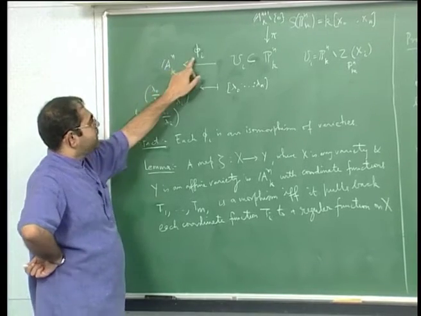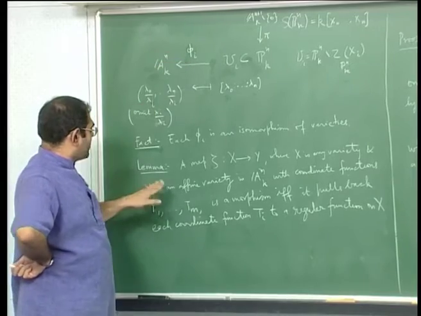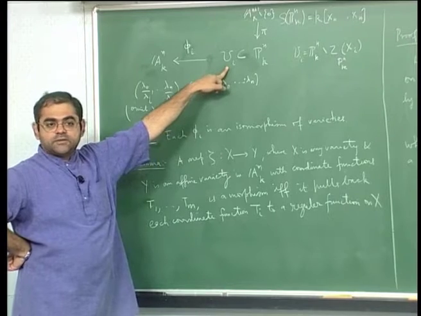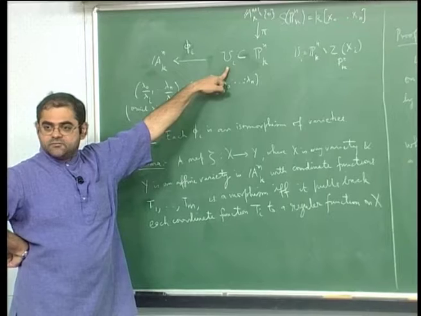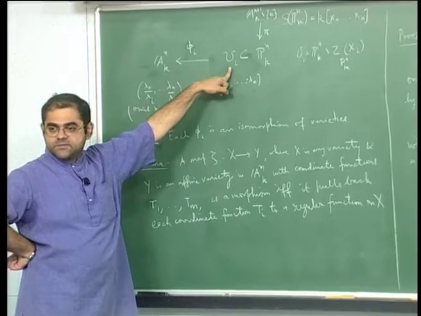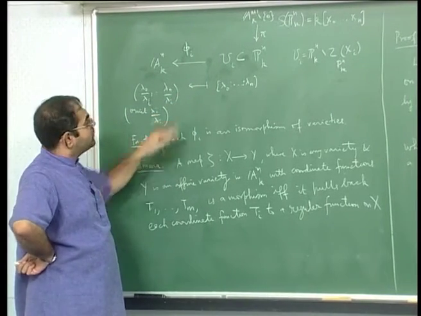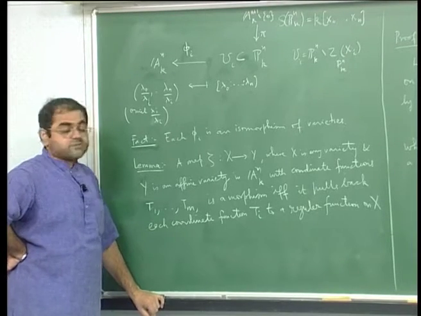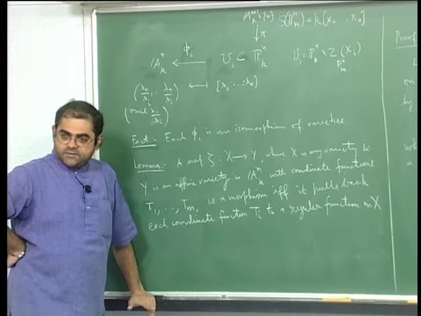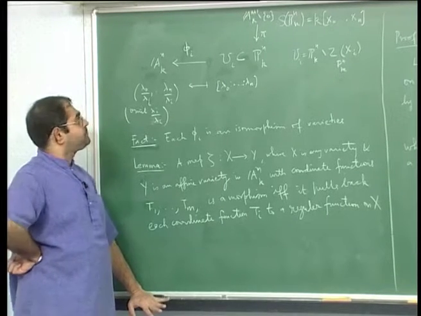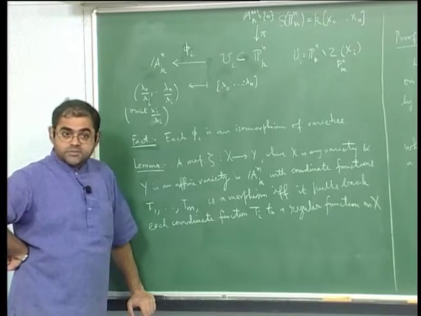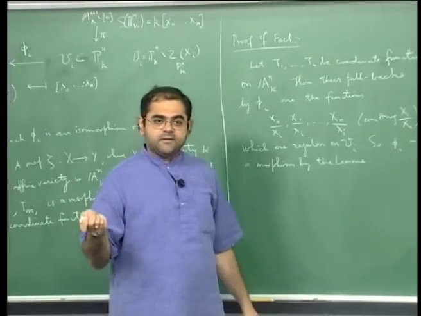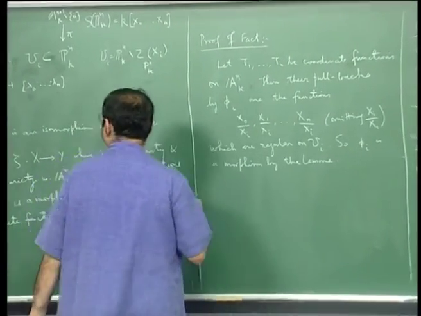Of course, to check that phi inverse is a morphism I cannot apply this lemma, because the target now is Ui and I do not know for sure that Ui is an affine variety. To start with, it is only a quasi-projective variety. So I will have to prove phi inverse is a morphism the hard way, namely I have to check it is continuous, and then I have to check that it pulls back regular functions to regular functions. Now continuity is something that I have already asked you to check, but it is probably easy to write down.